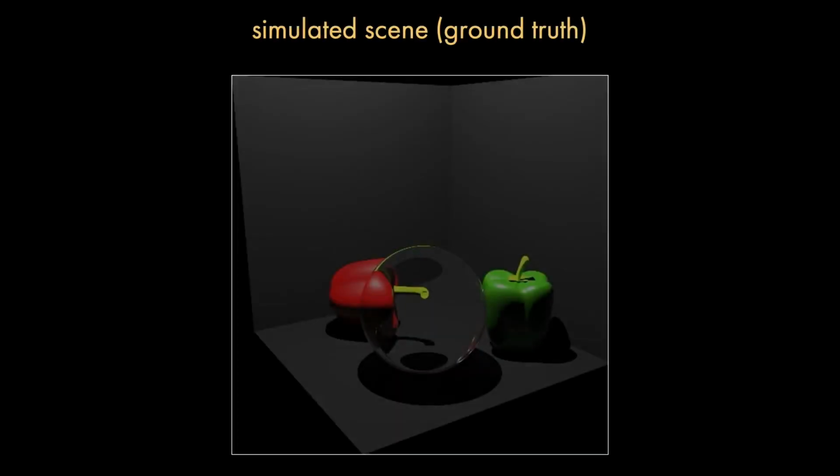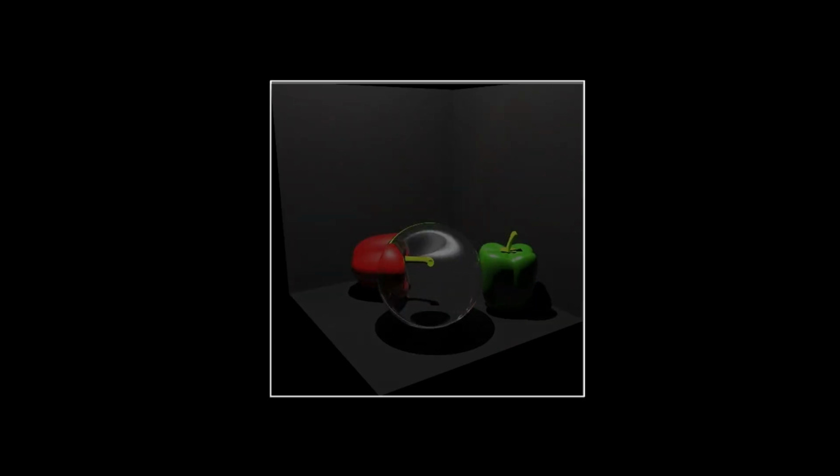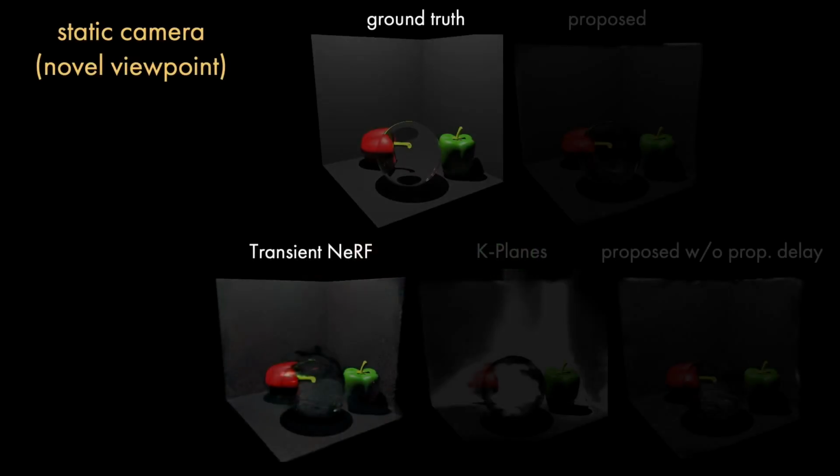We first show this simulated scene from a static camera viewpoint. It contains a refractive object and two peppers illuminated by a point source of light. To more clearly visualize transient videos, we composite the transient over an intensity image created by integrating the transient video over time. We compare to transient videos rendered from a novel view with Transient NeRF,